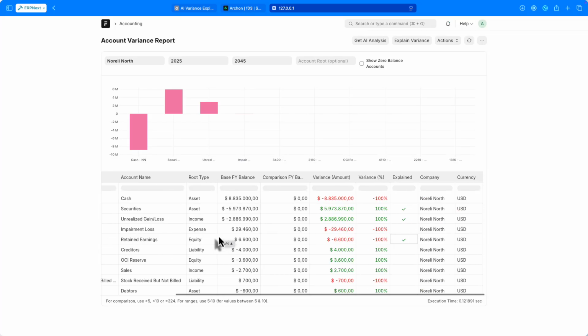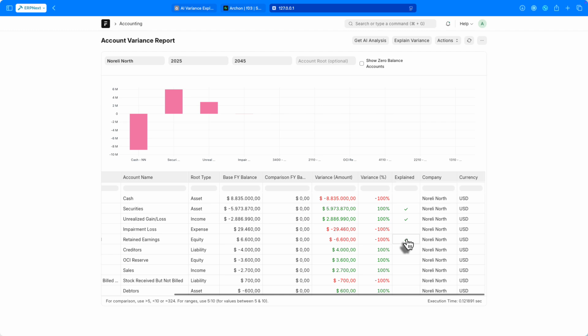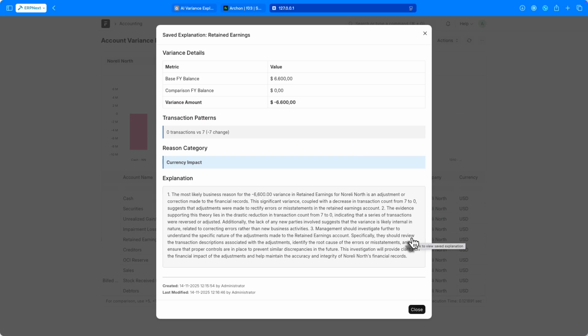Now here's something that makes me really happy. See these green checkmarks next to some accounts? That tells you, this account already has an AI explanation saved. So when I click on Retained Earnings, which has the checkmark, I can see. Last modified, November 14, 2025. Category, Currency Impact. Explanation, the most likely business reason for the